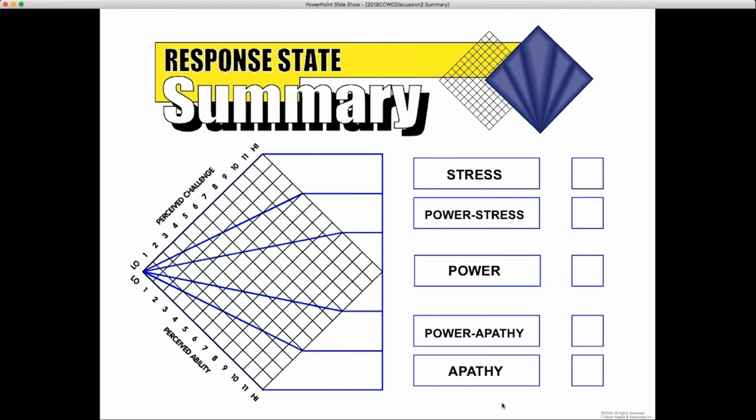This may be kind of a funny pattern. I have a whiteboard in my office, and when I'm under stress, I'm up at the whiteboard trying to prove myself. In power stress, we're probably both up at the whiteboard collaborating and charting out what we're talking about. In power, the client is up at the whiteboard. In power apathy, we're both looking at each other like, who wants to be at the whiteboard? And in apathy, we're not even picking up the pen. That's a funny way to do it. Yeah, good. I like that.